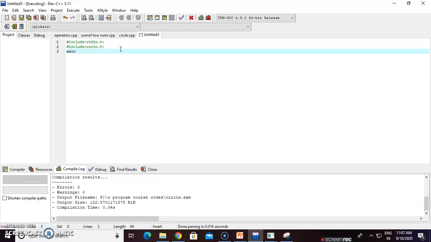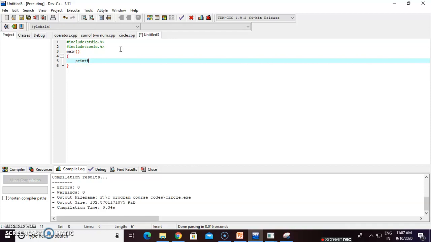Then we start the main function. In main, just print hello world. Then keep in mind this semicolon. If you do not give the semicolon, it throws a compilation error.